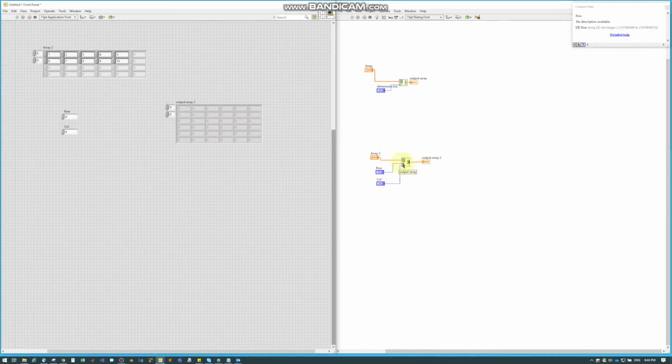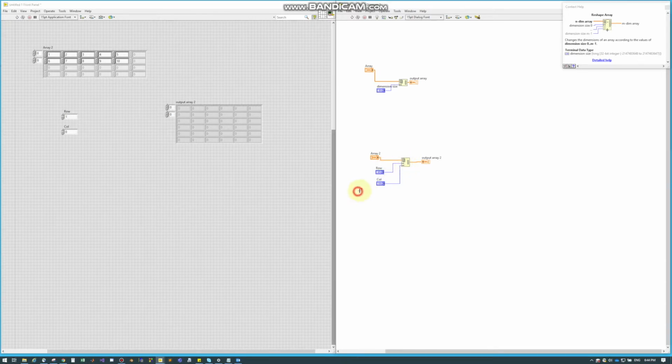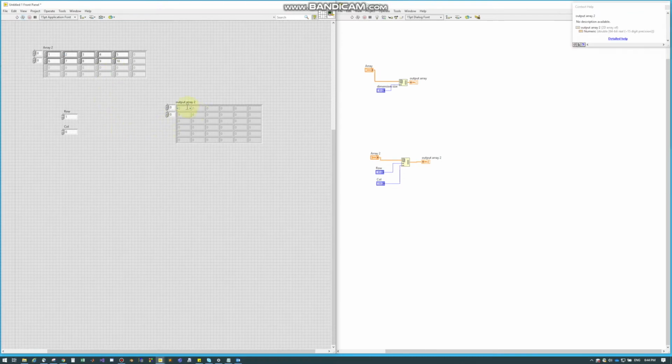Here I built the same example, but now with two-dimensional arrays. So if I were to change this row to a 1, and always remember, most of these array nodes, if there's 2 connectors on the dimension size, it's always row and then column in that order. So if I was to run this, obviously nothing happens because my column is 0. So if I put 1 and 1 and I run this, I get a 1, which is this very first